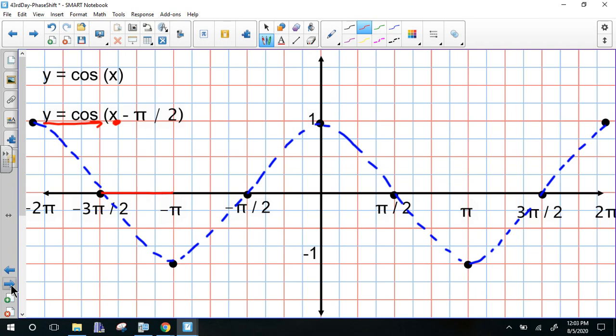This one's going to move there. This one's going to move a half this way. This one's going to move a half this way, and so on down the line. So when I've done that,